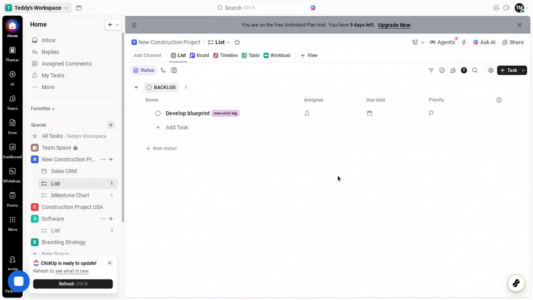Either route, clicking the Dependencies column, or opening the Options menu and selecting Dependencies, gets you to the same place. If you're